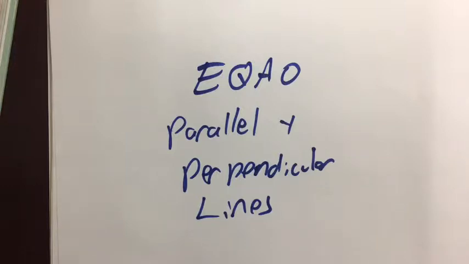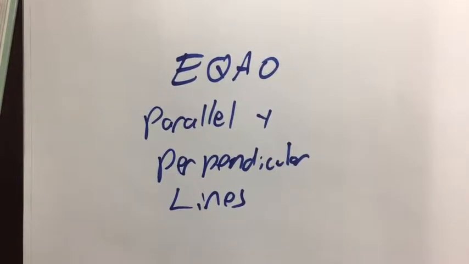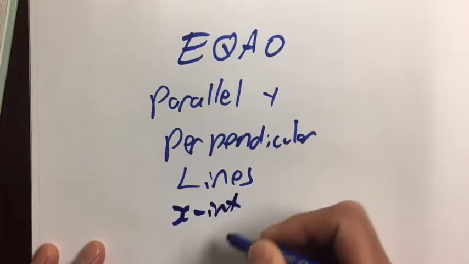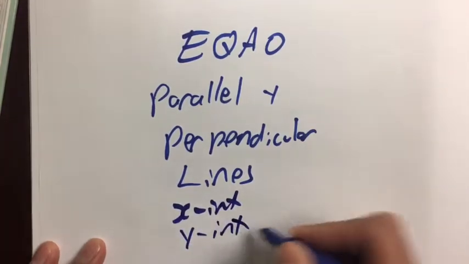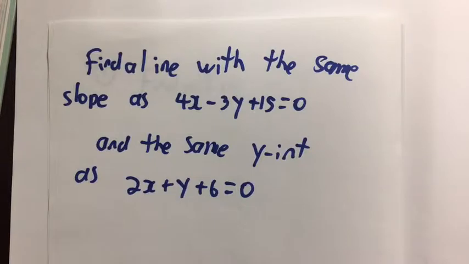Okay, I'm going to do a couple of EQAO problems involving parallel and perpendicular lines. And they also involve x-intercepts and y-intercepts. So the first problem I'm going to do, this one's easier than the next one. Find a line with the same slope as 4x minus 3y plus 15 equals 0, and the same y-intercept as